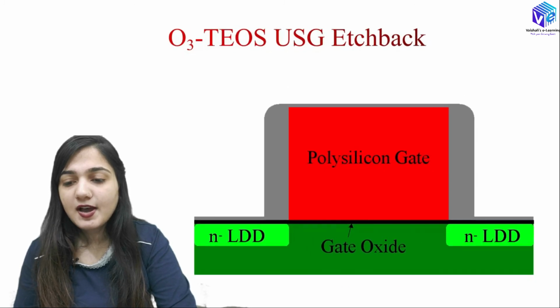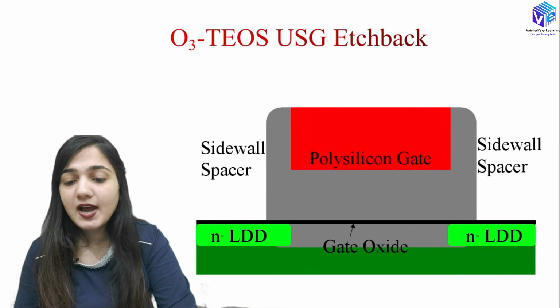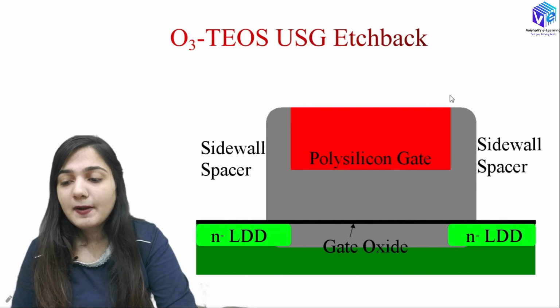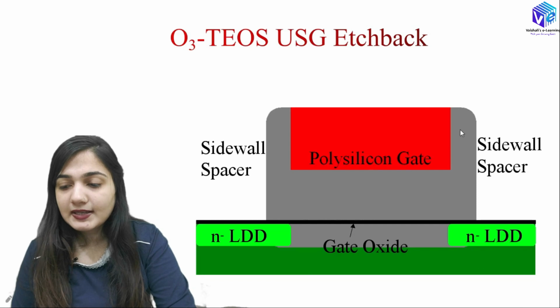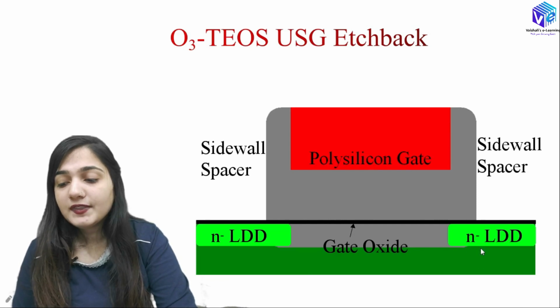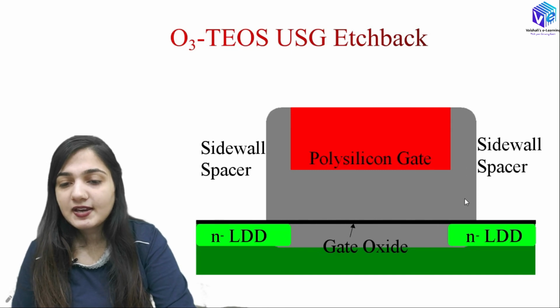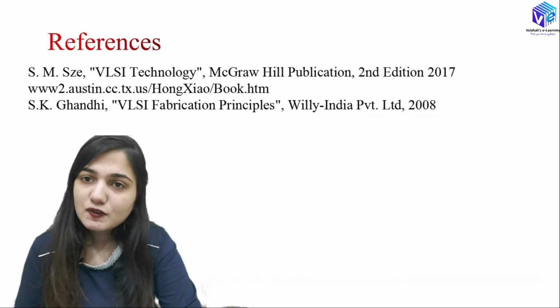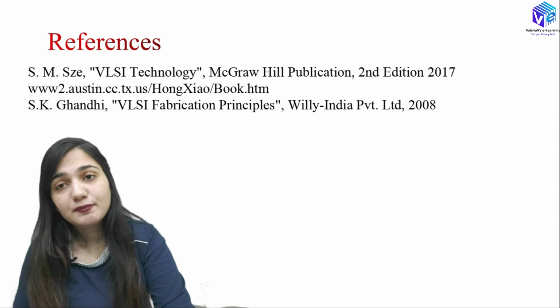In the etchback process, the upper layer is getting removed, but when the upper layer is getting removed, we have the sidewall spacer. Okay, because the free radicals are not coming and they are not reacting with this sidewall, so we will be having these sidewalls present here on the N type of doped region. But actually over the gate oxide only we want the polysilicon, but here we have the sidewall spacer as well. So I hope now you understood how we have some limitations also present in the various types of etching system.